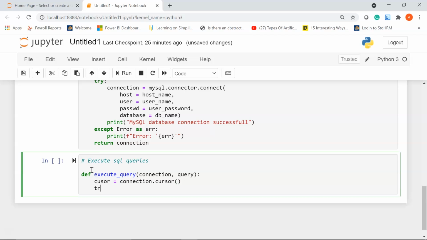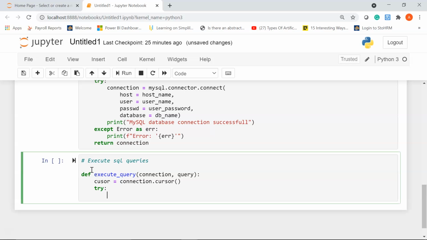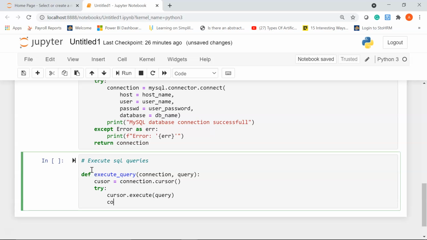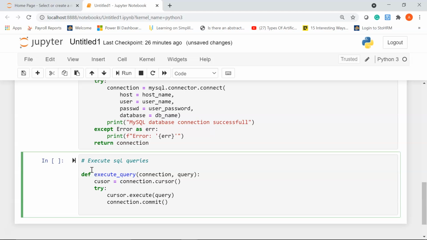Next we'll use the try and except block. So I'll write try cursor dot execute. This will take in one parameter which is going to be my query, and then I'll write connection dot commit, which is another method.